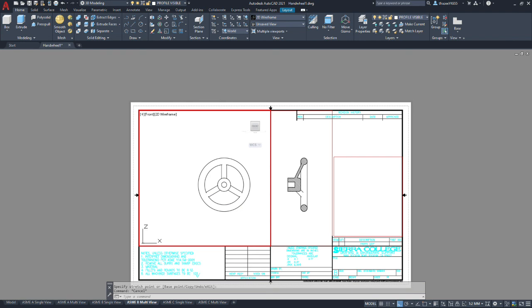Okay, so as long as ortho's on, you can move it over, as long as you don't interfere with any other object snaps. And that's a pretty good spacing, so we should be able to have room for dimensions. It's centered within the drawing space. We've got room off the sides. Now we've scaled those, double check your scales the same, and then lock your viewport down on both of those.